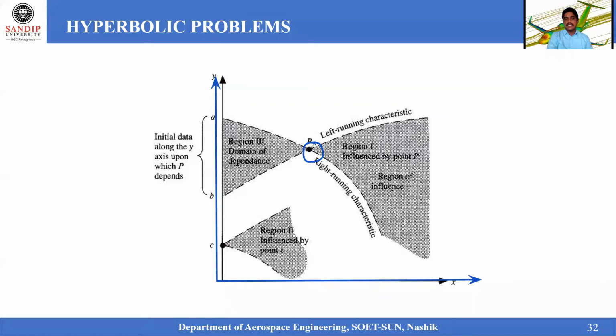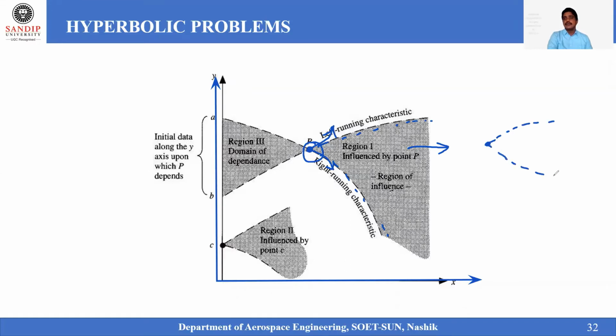If you are standing on this point P, on one side it is left and on the other side it is right. Heading towards the positive x direction, you can see one line going in the upward direction and another line going in the downward direction. These are the characteristic lines, defining the points where the characteristic lines exist. So at the point P, two characteristic lines are coming out from this particular point P.